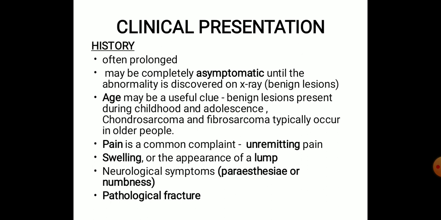Next one is pathological fracture. As the name suggests, a pathological fracture is a fracture which is not caused by any traumatic reasons, but is purely because of some internal disease of the bone turnover. So basically pathological fractures are caused by weakening of bone or by any suspicious growth caused due to these bone tumors.